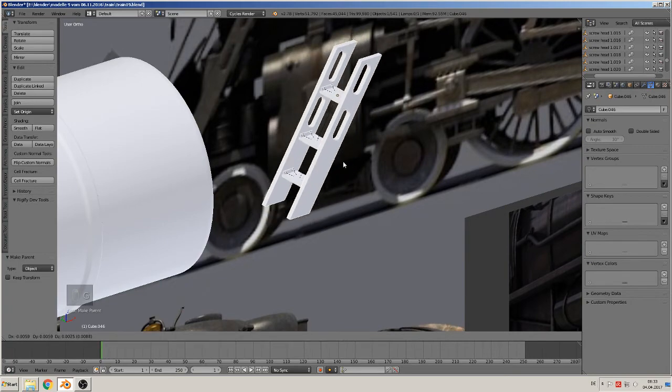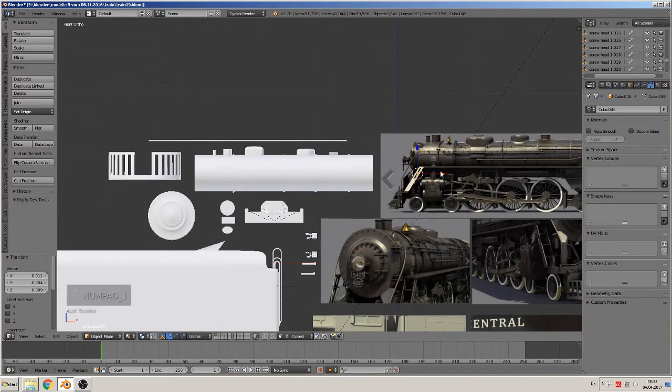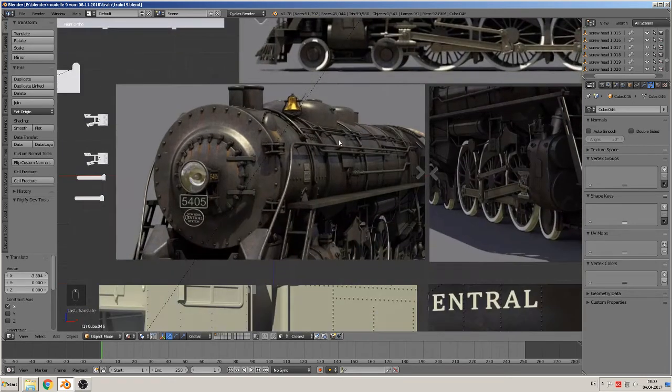So we have that here. There's our ladder. We bring them to the side. File, save. So what we see there next,